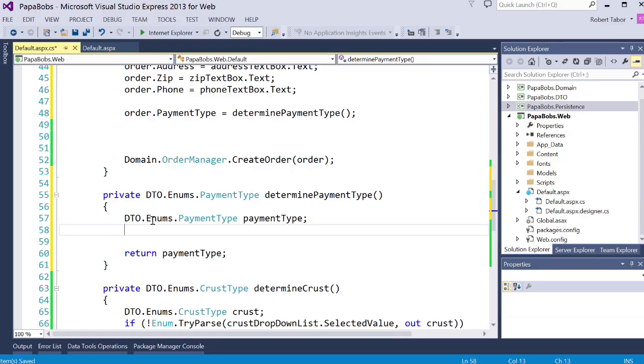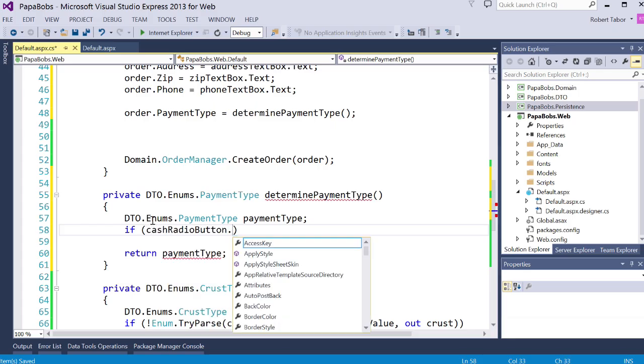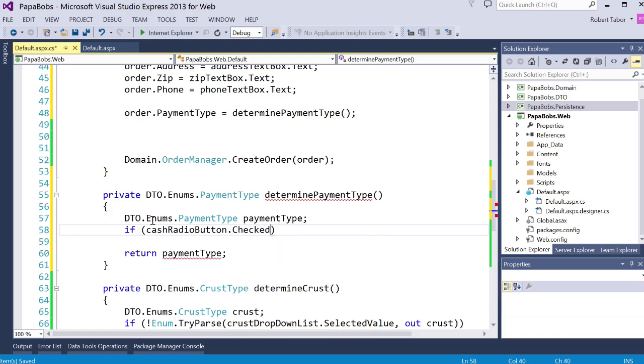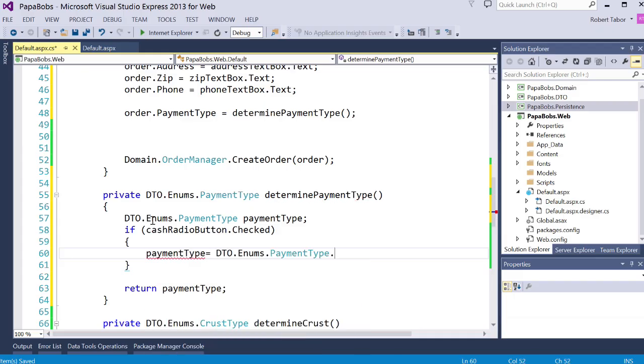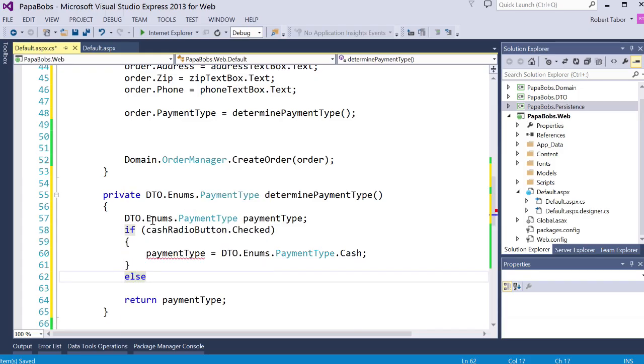So here's what we'll do. If cash radio button dot checked, then we'll set a payment type equal to cash. Else, if